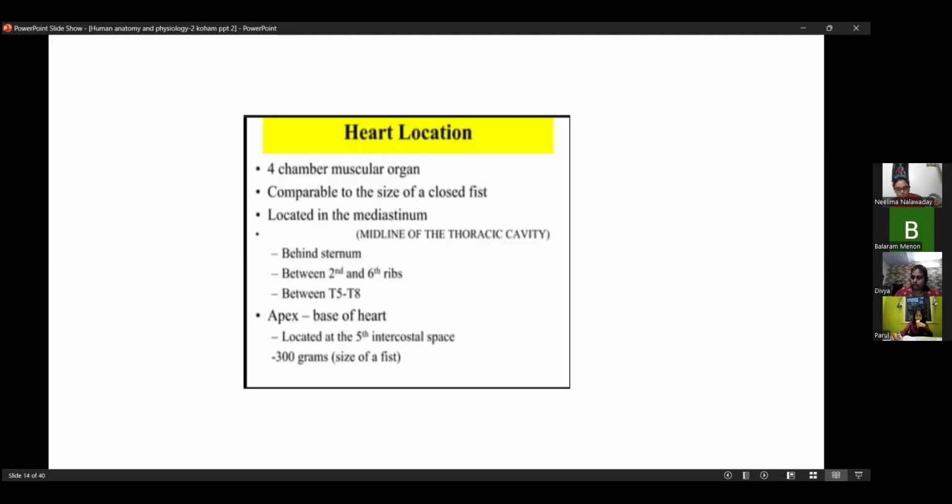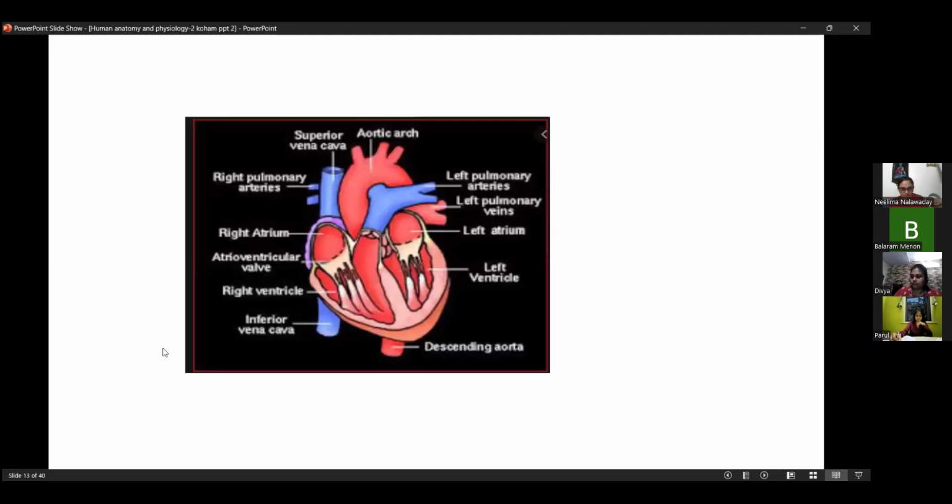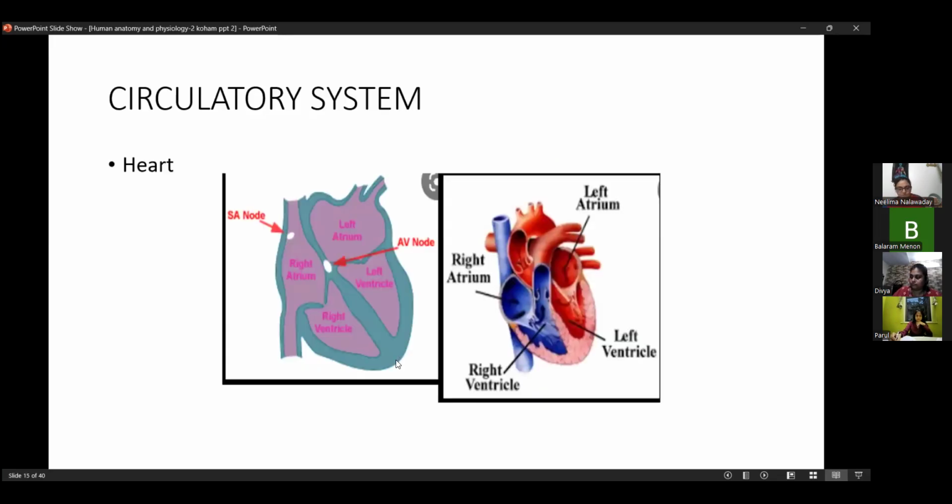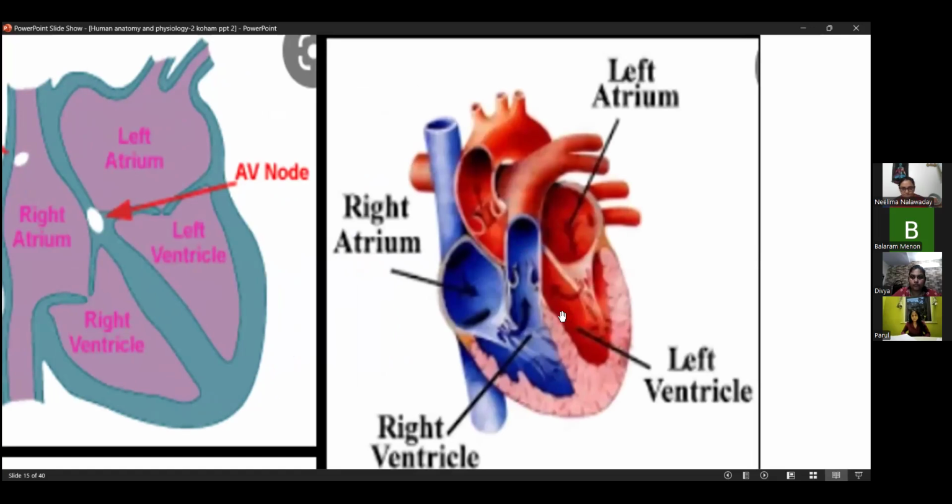Now we will go to this diagram again. Just let me check if it is more clear. When we take a section of heart to understand what is there inside the heart. So heart, again, we can see here there are 4 compartments. If we cut heart like this, sagittal section, and we open it, then we can see these 4 chambers of heart, upper 2 and lower 2 chambers.